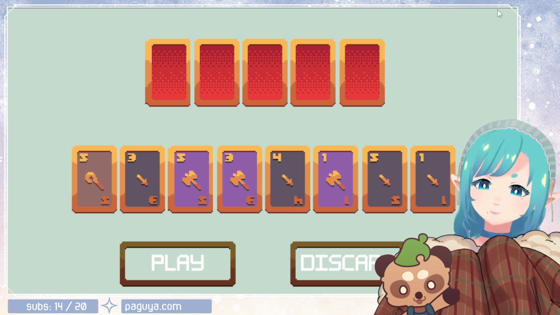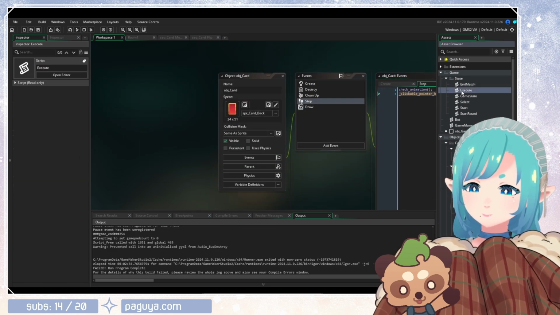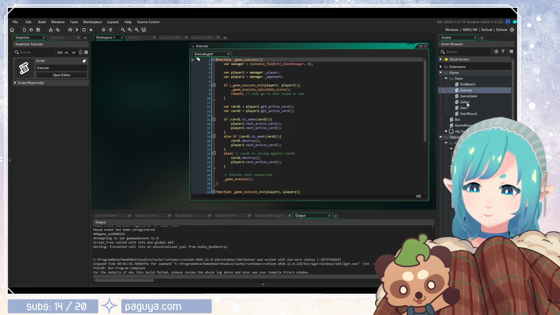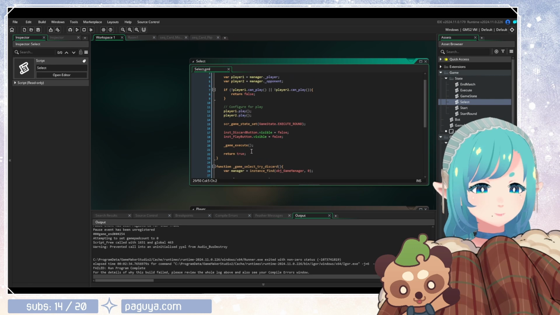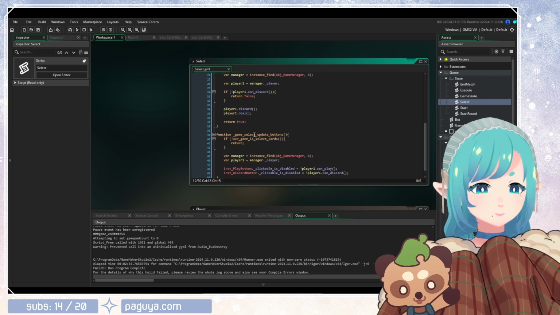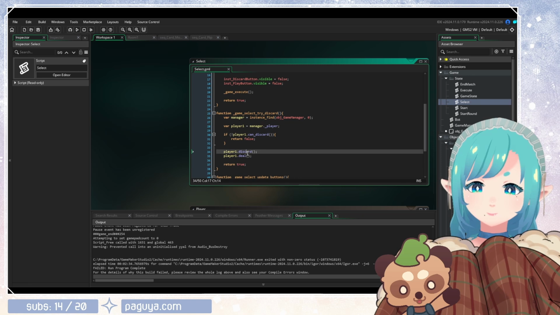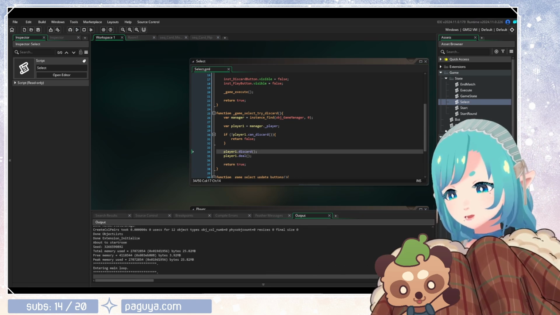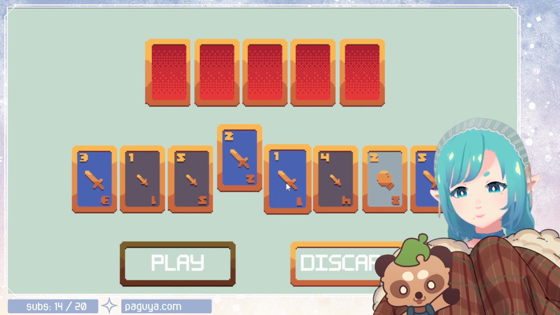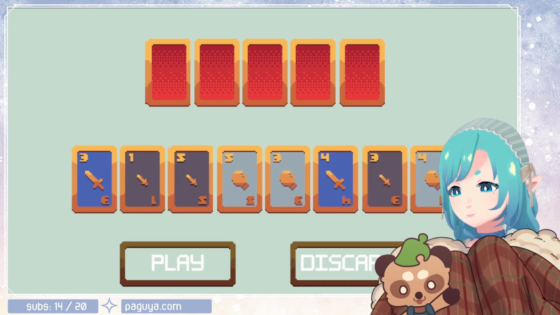Just for example, I have to animate, I think I have to animate the discard as well, right? Like we probably want to actually remove them, not just